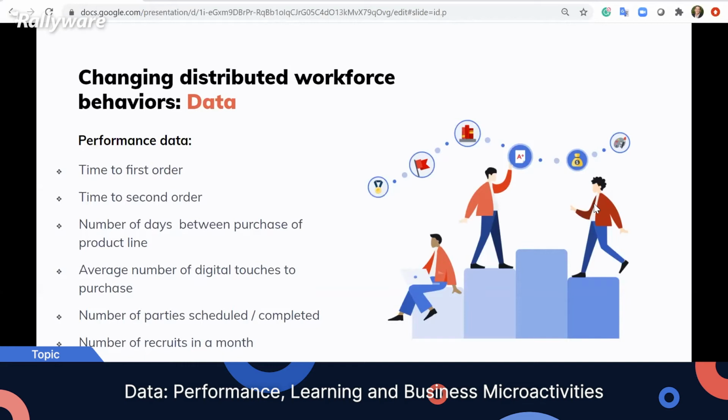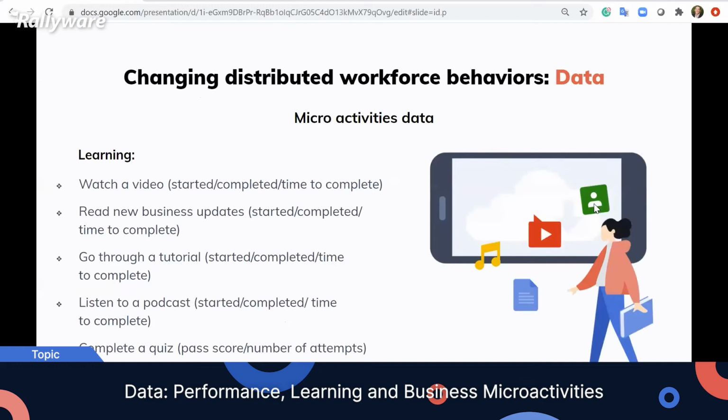And then we know that the behavior we want to drive there is to increase those touches. And then, of course, maybe it's parties or online meetings or whatever that may be to help drive that business. And then one more down the bottom is maybe we're looking at recruits as well. So again, start with what data is available, and then we're going to start applying those microactivities.